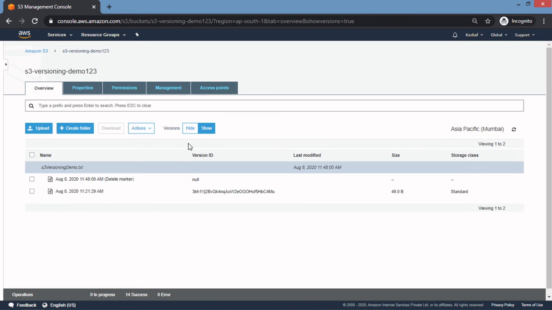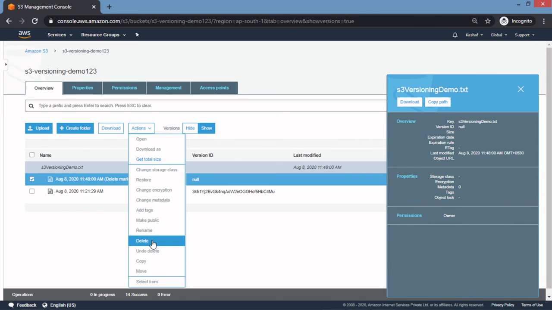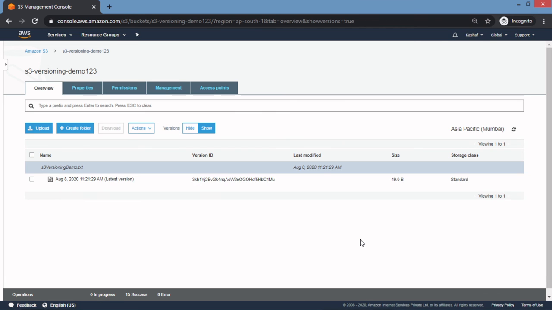In versions it is showing a delete marker with version ID null. So a delete marker is added here. If I delete this marker, our object will get permanently deleted from this suspended versioning bucket.